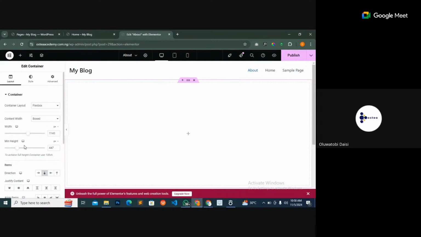Oftentimes, immediately you create a section, the first thing you want to do is to come here and increase your height. All right. So since we are talking about section here, let me do a very fast introduction to what you have in this interface. Now, I must first tell you that when it comes to this space here, whatever it is that you are working on,